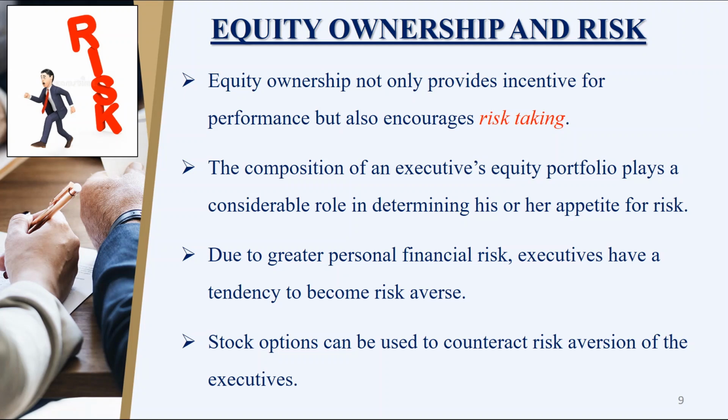Stock options basically protect the executive's stock investment, where the value moves dollar for dollar with the stock price when the option is in the money, which means when the stock price is above the exercise price. But the value is unaffected by the stock price when the option is out of the money, which basically means when the stock price is below the exercise price. In these scenarios, boards must consider and decide executive compensation packages which do not lead to excessive risk-taking behavior of the executives in the company.